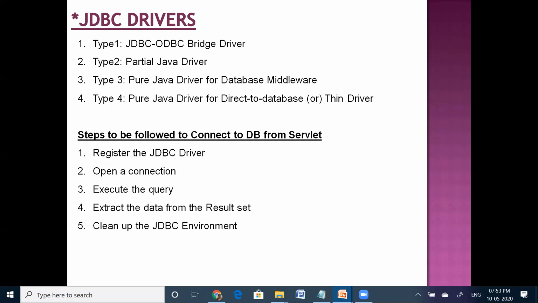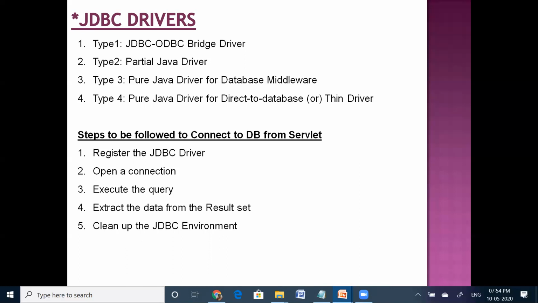Why it is called the native API driver is that this driver uses some client-side libraries to interact with the database. Again, this driver also will not understand the Java language directly. So here this driver converts JDBC method calls into native calls of the database API, in order to interact with the different database servers. So this driver needs their local API. That's why data transfer is much more secure as compared to the type 1 driver.